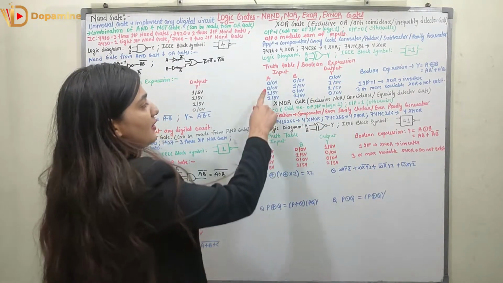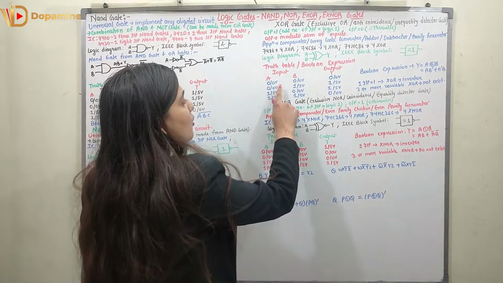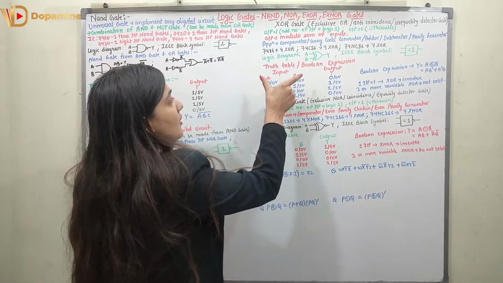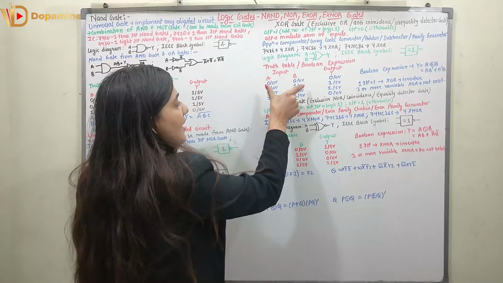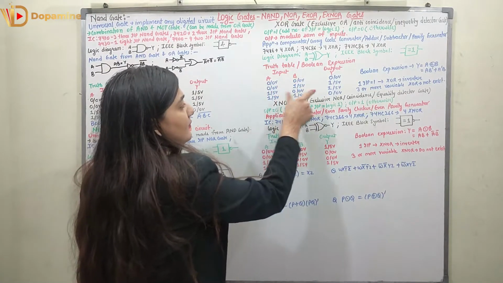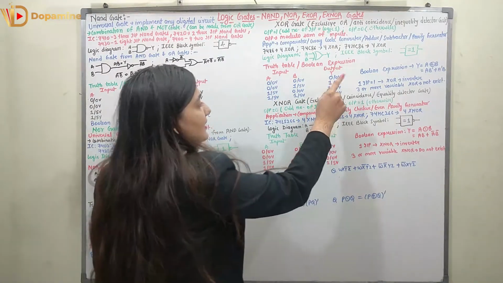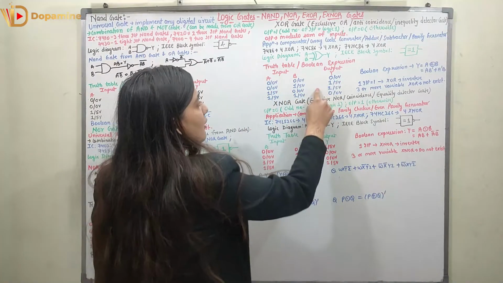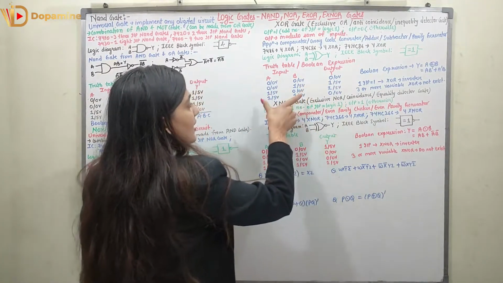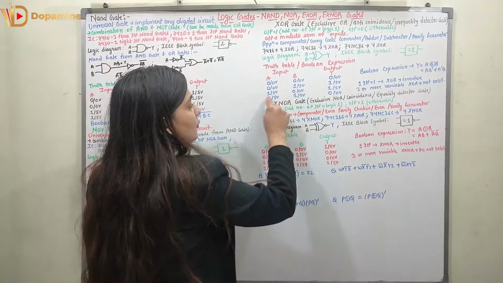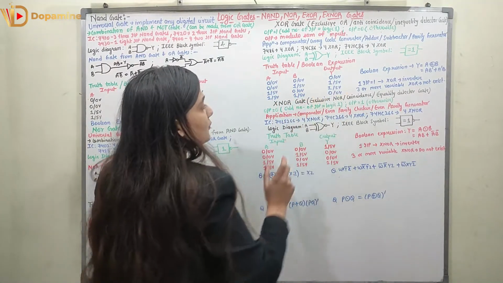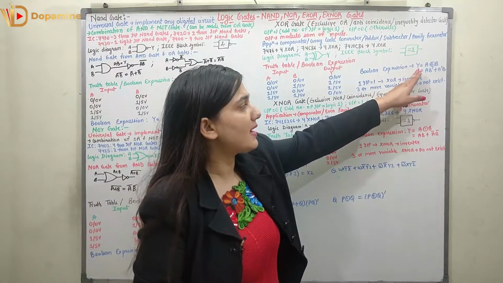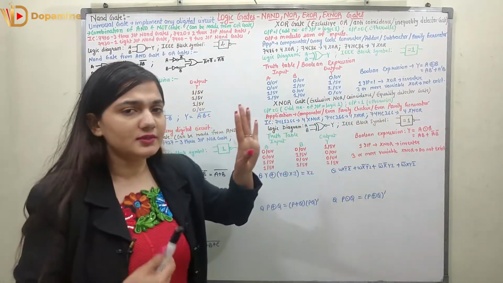Now when one of the inputs is 1, so it is 01, that is 0 volt and 5 volt. This is non-equality. So when I have the inequality, these two are not equal, at that time I will have the output high, that is 5 volt. Again we have 10, which is 5 volt, 0 volt, the output is again high, that is 5 volt. When I have 11, that is both of the inputs are at 5 volt, the output is 0, that is 0 volt.